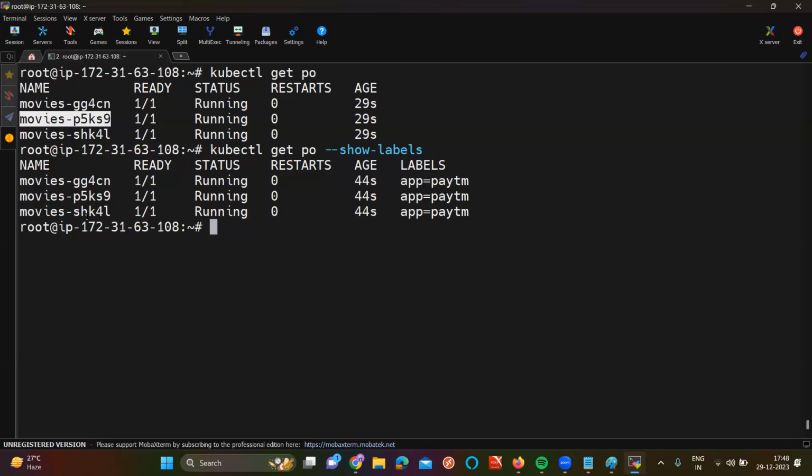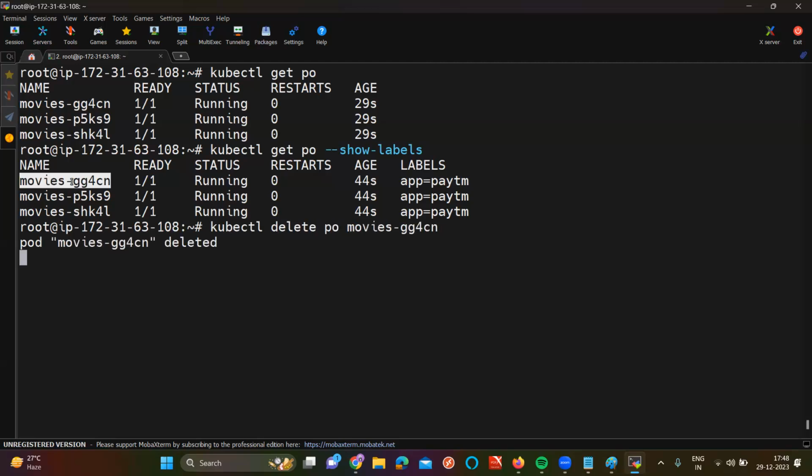Now what is the main advantage of replica set? If you delete this one, kubectl delete pod, name of the pod. Automatically the moment you delete, it is going to recreate. Just see.